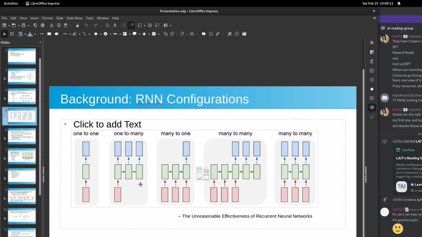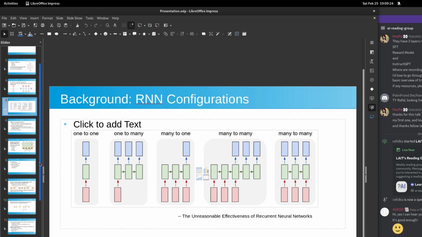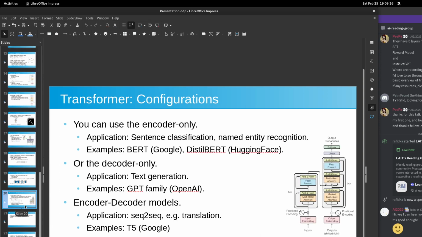That's the previous idea and how they work. You could have one-to-one, one-to-many, many-to-one, etc., and then the transformer which replaced this with an encoder and decoder. And then we talked about the configurations of